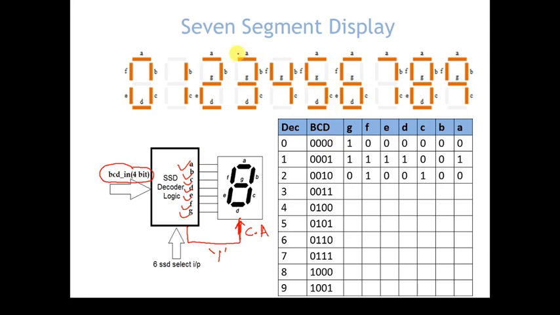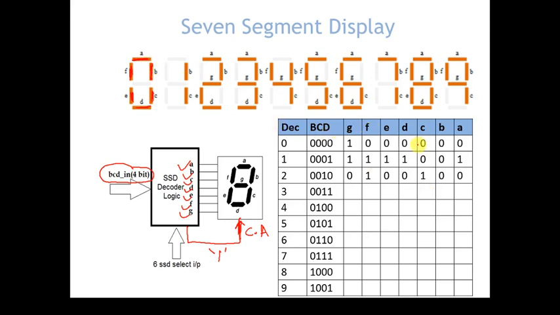So let us start. If I want to display a logic 0, or decimal 0 value, which segments should be on? Segment A should be on, segment B should be on, C, D, E and F. Only segment G is off. Now because of common anode, to turn on a segment we need to force logic 0.